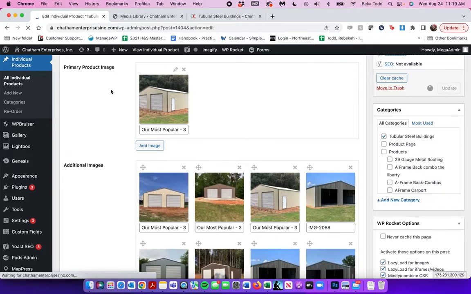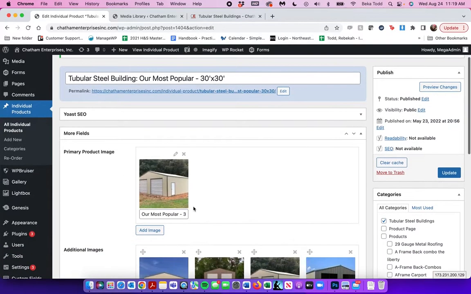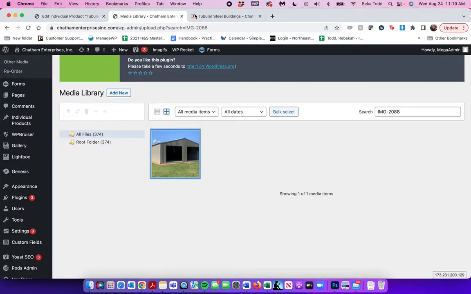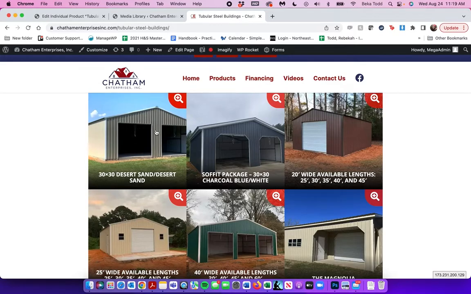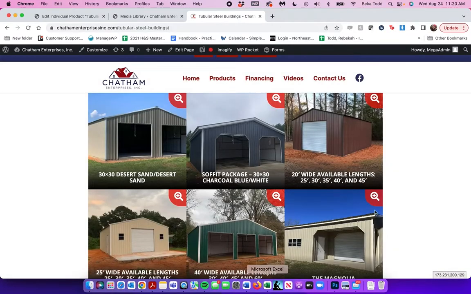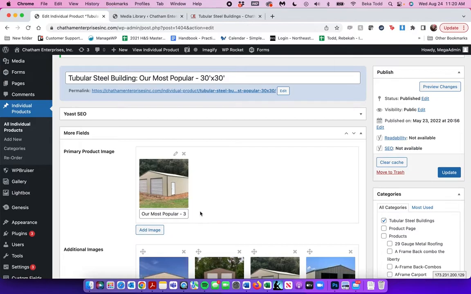So this primary product image is only in play when there's only one picture. If it's not a gallery. So let's say one of these sections only has one image. So one of these only has one image. That's when you'll be using this primary product image, and that's when the caption for this one